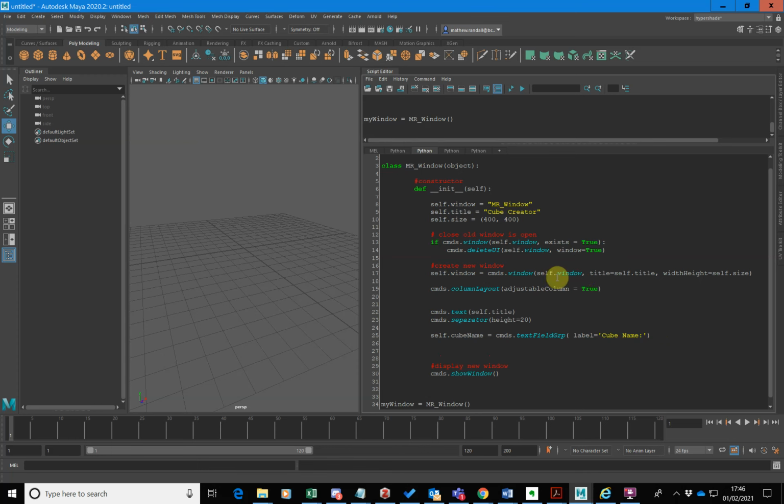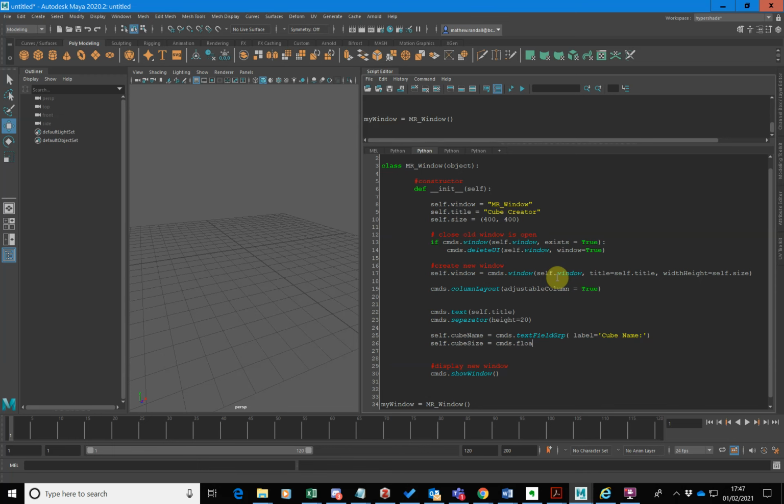I'm now going to create a set of fields that allows the user to specify the width, height, and depth of this cube. So I'm going to go self.cube size, and I'm going to do this all in one interface. I could, if I wanted to, create a separate field or a separate slider for each of the width, height, and depth, but I want to put all this in one interface. There are a number of options to do this, but I'm going to use